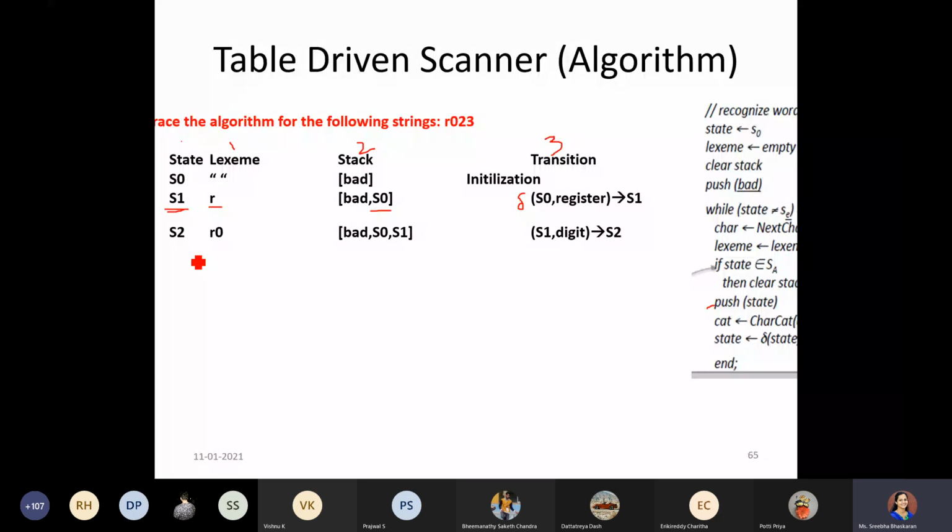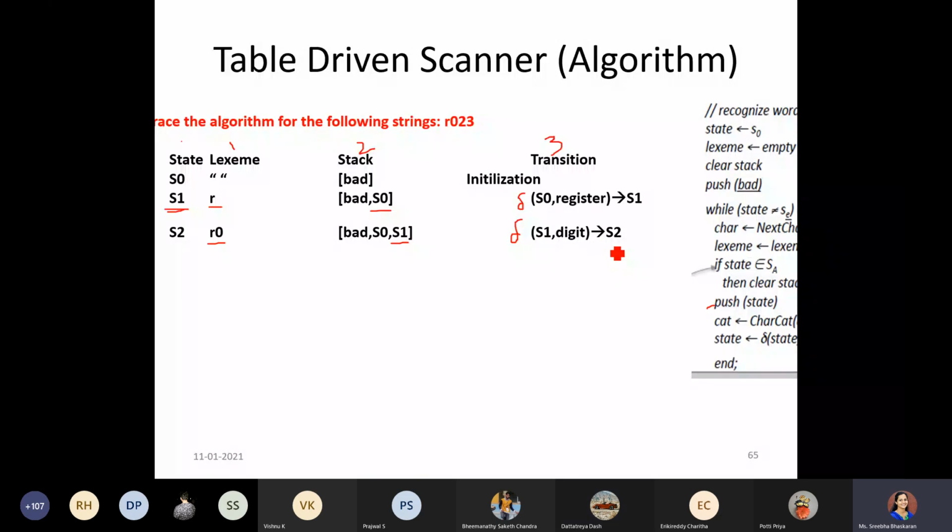We are pushing S1 onto the stack. Next, we are seeing the transition of S1 with respect to digit, because 0 has been categorized as digit. In that table, it has been mentioned as S2. So we have S2 mentioned at the end.